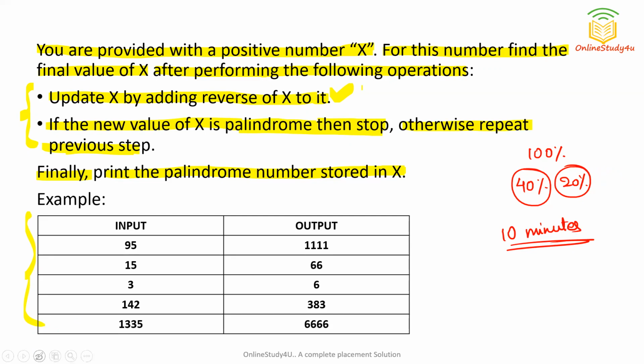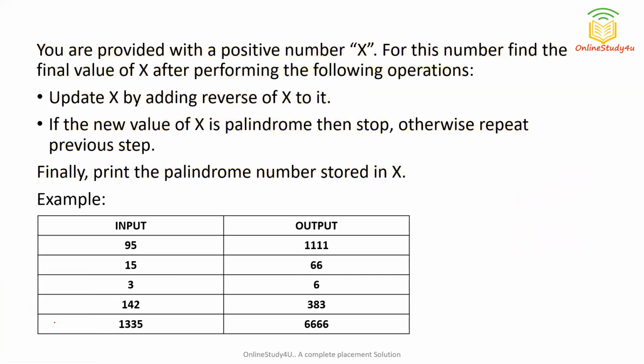So let us read this question again and understand technically what it is saying. We have to take a value x as input, which has been provided to us. First we take a value x, and it is of integer type. Now we have to update the value of x by adding the reverse of it. Suppose our x is 123. What is the reverse of 123? It is nothing but 321. So what will it become? 1 plus 3 is 4, 2 plus 2 is 4, and 3 plus 1 is 4. So you can see this is the final number.